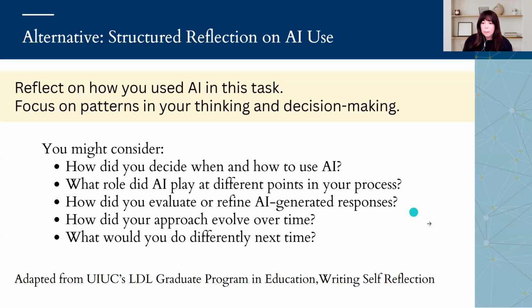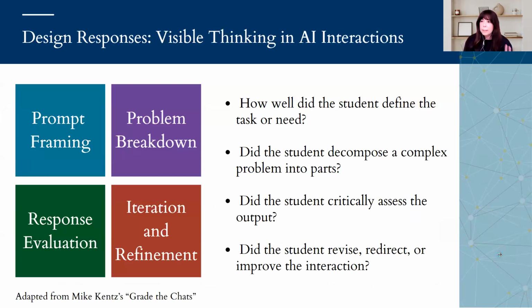What I'm going to do briefly is switch to a different way of thinking about AI use and how we look for evidence of thinking. And that is, instead of looking at the AI output, we look at the AI input. So essentially student prompts. I'll expand on this slide and the next slide. The first is to explain why we would bother to look at student AI prompts instead of the output. And then I'll talk a little bit more about what the results might look like.